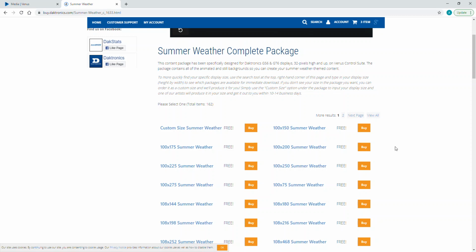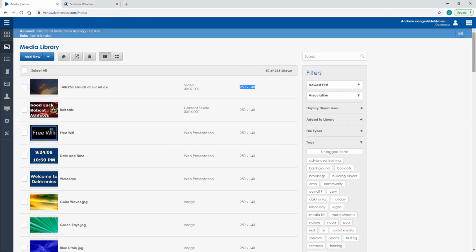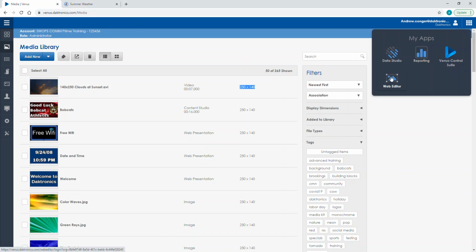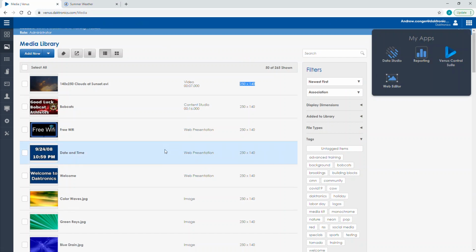Now, how do we add these animated or still image backgrounds into a presentation in the web editor? If we're back in our media library and we go into the web editor tool here,